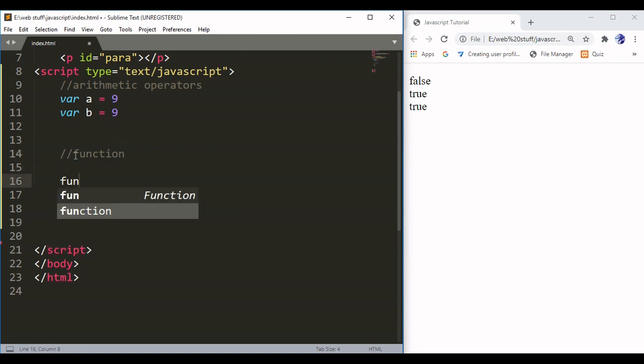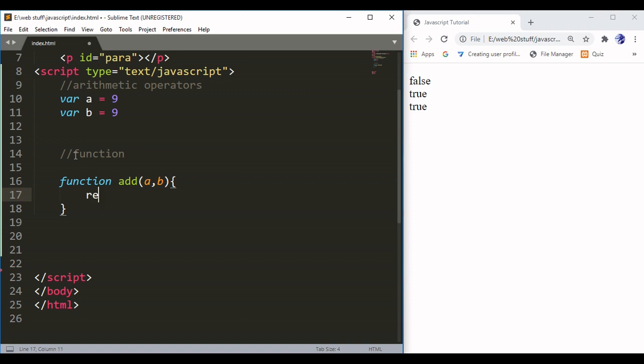So we use the function keyword, then the name of the function. I'm going to create a simple function for the addition of two variables. Let's name it add and pass the parameters a and b, and in the block simply return the value of a plus b. So that's how you define a function, and to call it